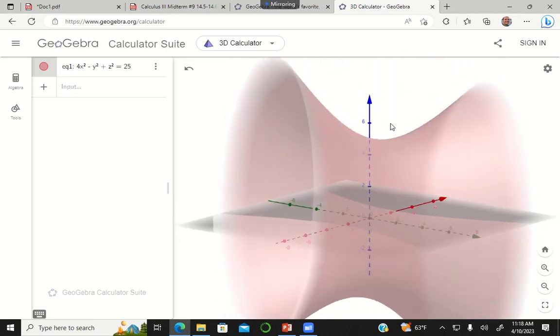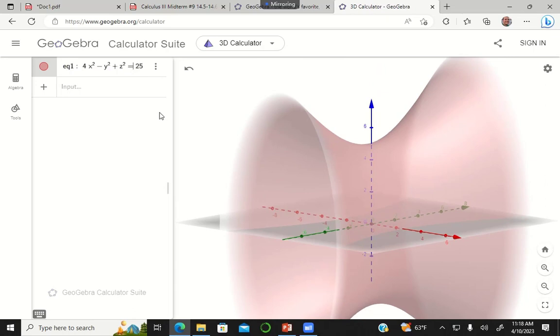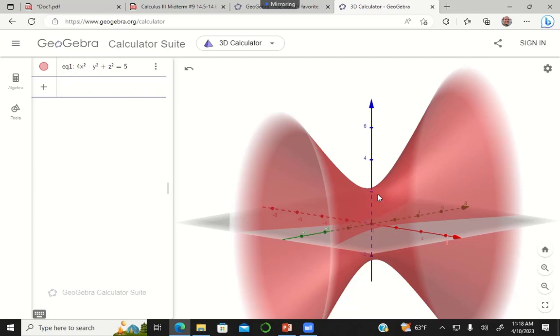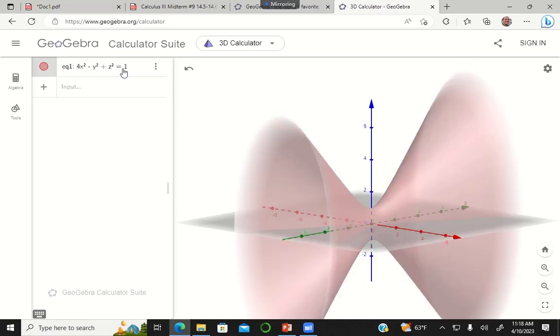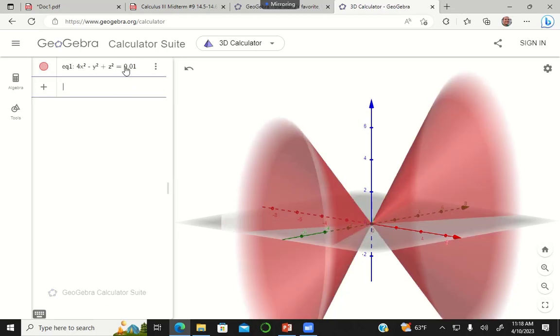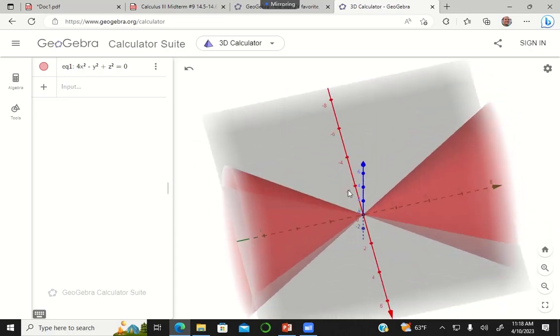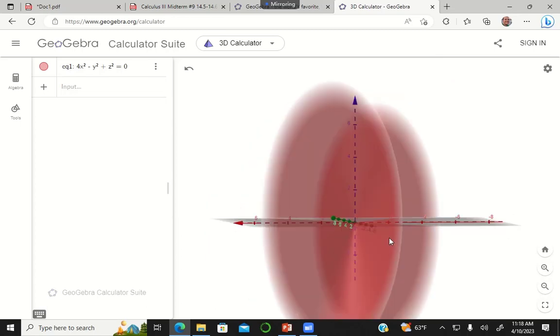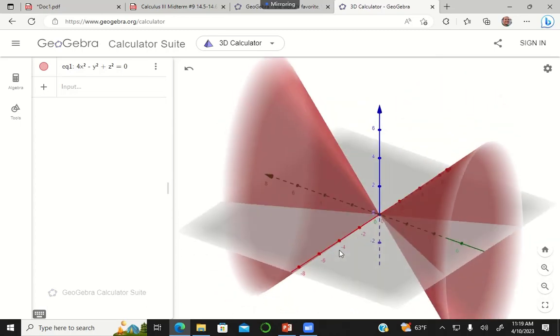And I say the cone is like a limiting case of a hyperboloid because if I scale that 25 down to, let's say, 5, now it's starting to get skinnier around the origin. And what if instead of 5 I just had a 1? Then it's getting even skinnier. And then what if instead of 1 I had 0.01? Then it starts to neck down really close. And then if I just set this equal to 0, the limit here is that it turns into a cone. And so that's what I mean if I ever say a cone is like a limiting case of a hyperboloid. So here's my cone,